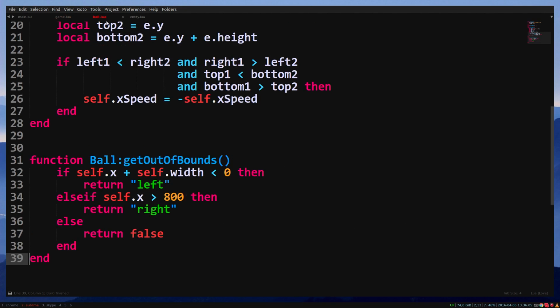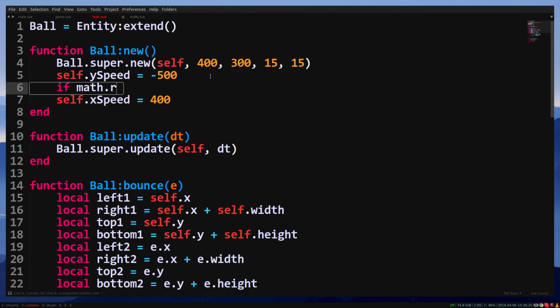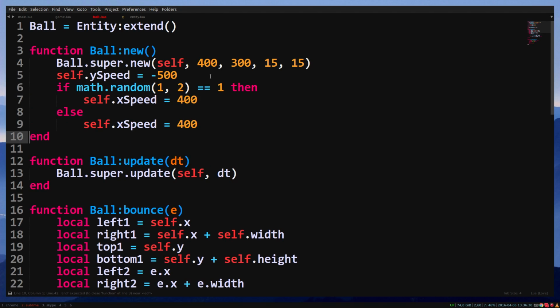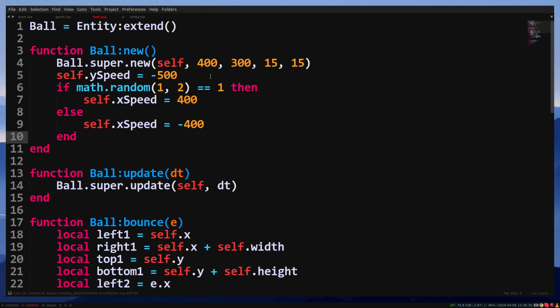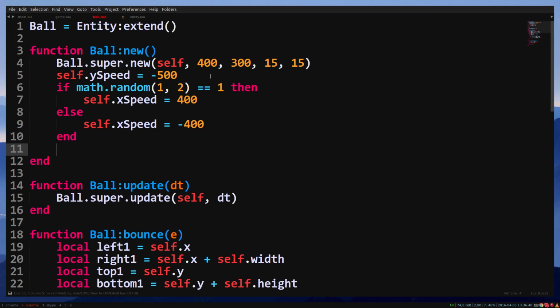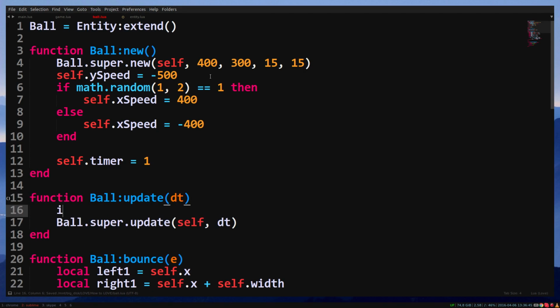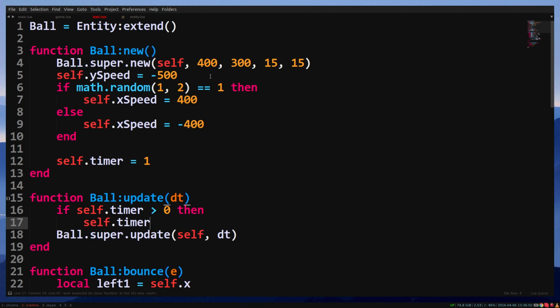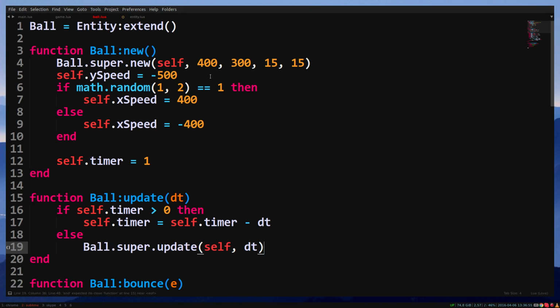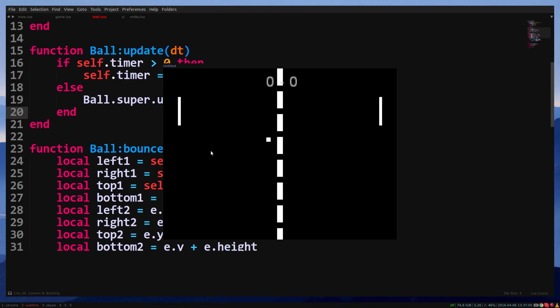we can also make the direction of the ball to be random. If math.random 1, 2 equals 1, then self.xspeed equals 400, else self.xspeed equals minus 400, and we could make it so that the ball pauses for a second before moving. Self.timer equals 1, and in the update, if self.timer is higher than 0, then self.timer equals self.timer minus 1, else Entity.super.update, and